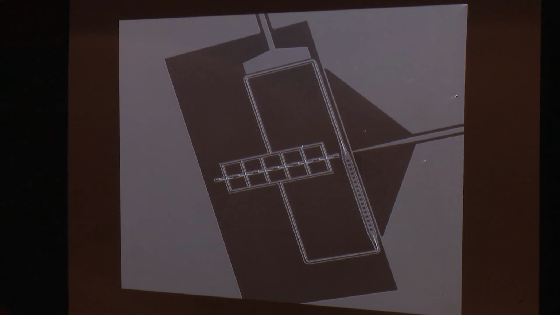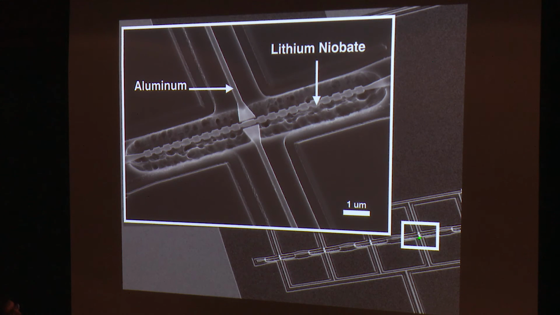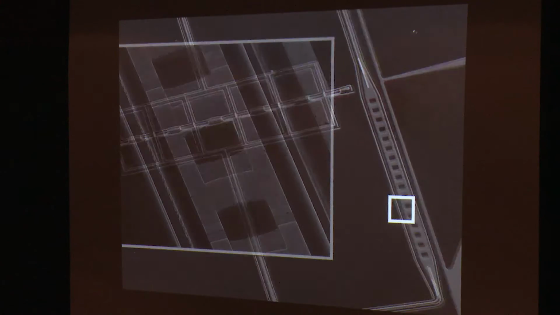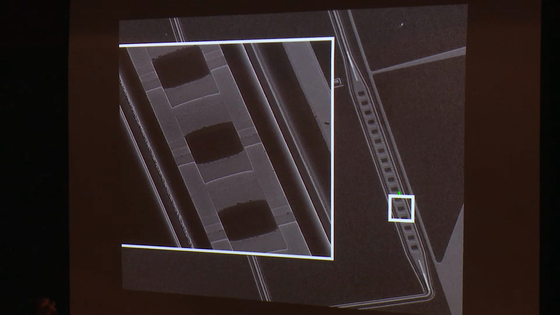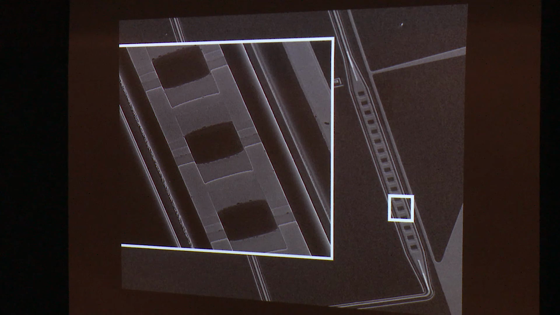Okay, and I really like these pictures because they give you a sense of scale. So this is what it looks like, and if I zoom in, this little thing here is the mechanical oscillator. So this is a 6 gigahertz mechanical oscillator made out of lithium niobate. This is an aluminum electrode that comes up to it but doesn't touch it, and it drops its electric field across the lithium niobate. And on the other side, we have this array of squids, and each of these are 2 junctions, and this is where the magnetic field goes to change the frequency.